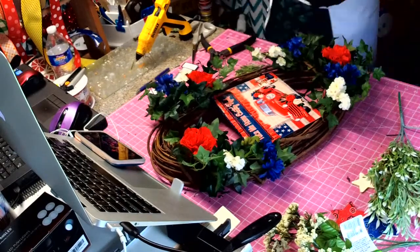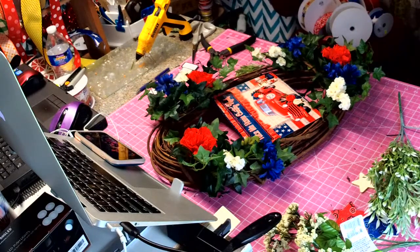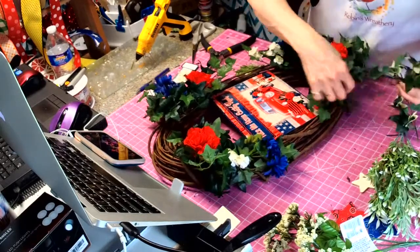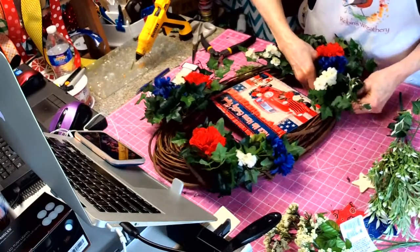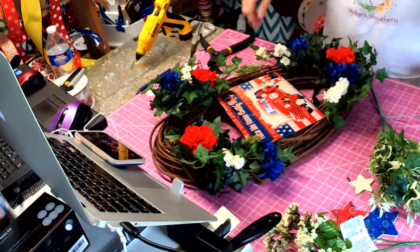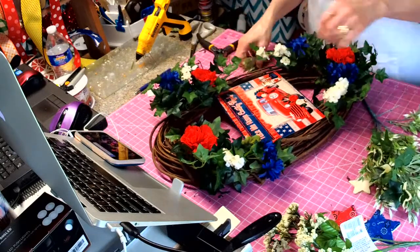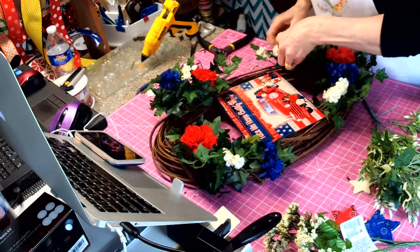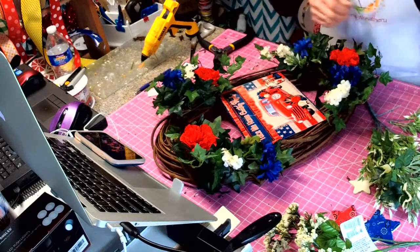I need a little more ivy, I think, in there. So let me get some. Well, I have a little variegated, so let me see, I can push that in there. No, I have more in the other room, so I'm going to grab some of that and put just a little more in there. I don't want to push that variegated in here because I'm going to be putting this variegated in there. And this may still need something, so when I'm done I will probably go back over it a little bit,